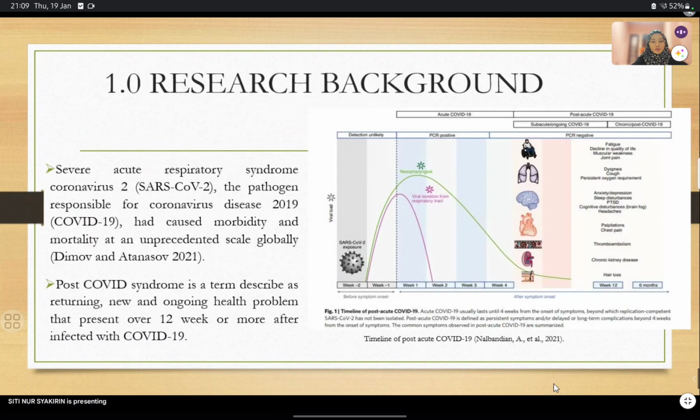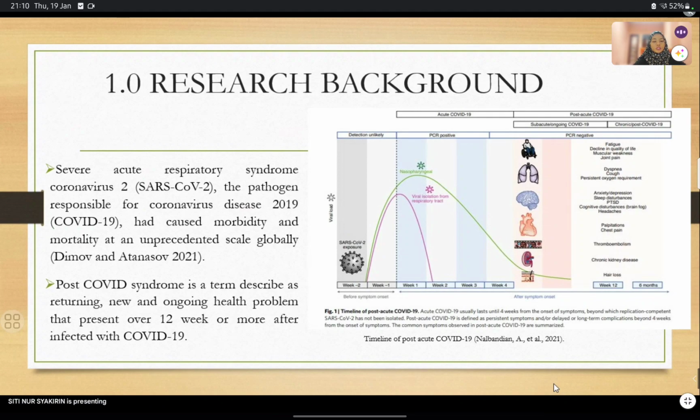Moving on to the research background. So what is COVID? COVID is a coronavirus disease known as COVID-19. It is defined as the illness caused by the novel coronavirus known as severe acute respiratory syndrome, caused by SARS-CoV-2 and known as 2019 nCoV, which is the first identified outbreak of the respiratory illness in Wuhan City, Hubei province. So 2 years into the pandemic now, there have been over 4 million cases of COVID-19 in Malaysia and a suspected high number of undetected cases.